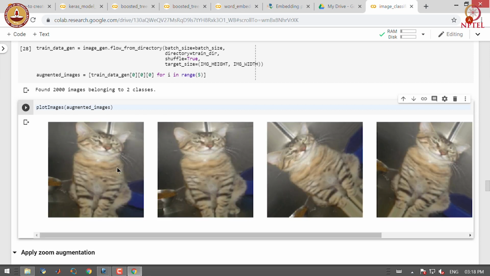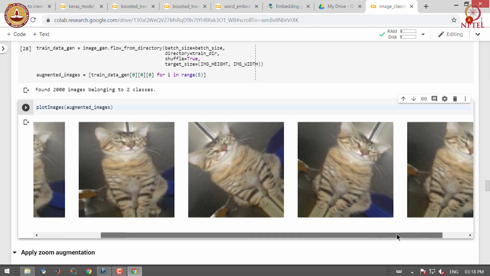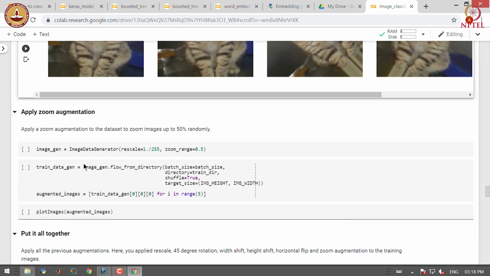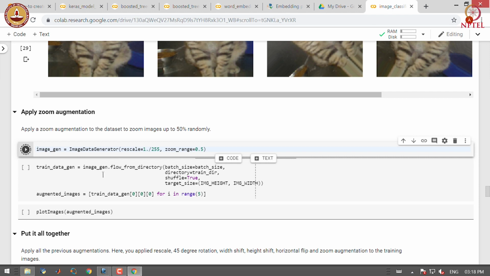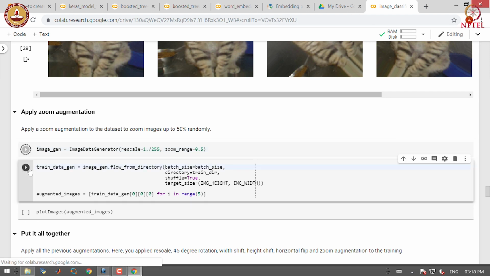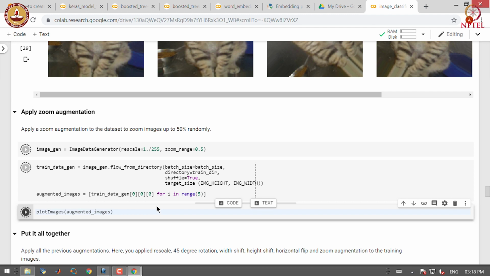Now, you can see that the same picture of the cat was rotated in different orientations with different angles, and by applying this particular data augmentation strategy we created more pictures from a single picture. In addition to that, we can also apply zoom augmentation by specifying the zoom range. Let us see how zoom augmentation looks like.